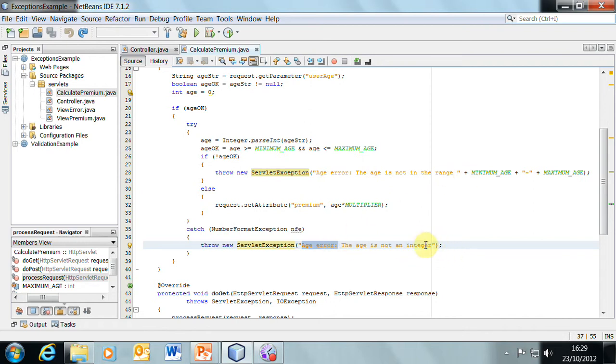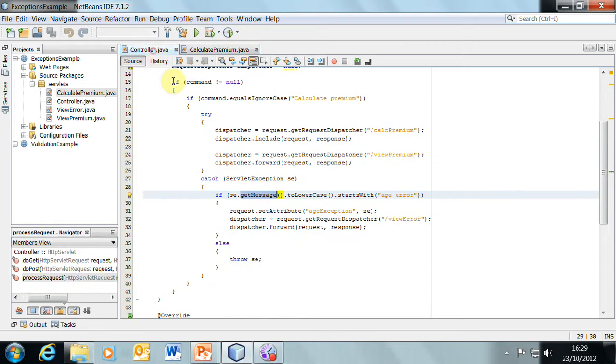So that string there is what is returned by getMessage. And because it's a string, we can convert that to lowercase and check then to see if it starts with the string age error. If it does, then we know that this servlet exception was generated by our model component,